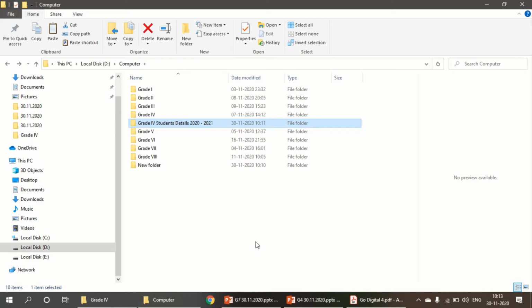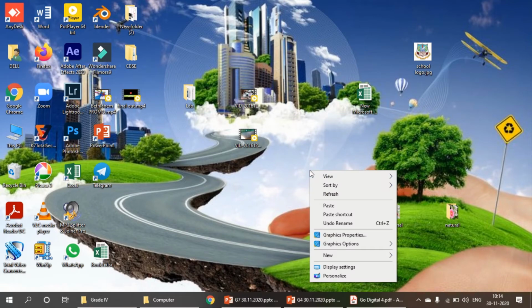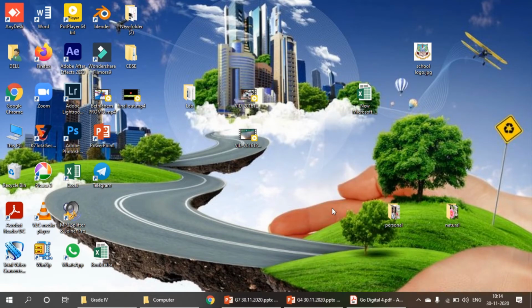Or else in the organize menu, in the clipboard menu you can see copy. Select the folder and click copy. Now come to desktop and I'll paste here. Paste. See, grade 4 students details is copied and pasted now.